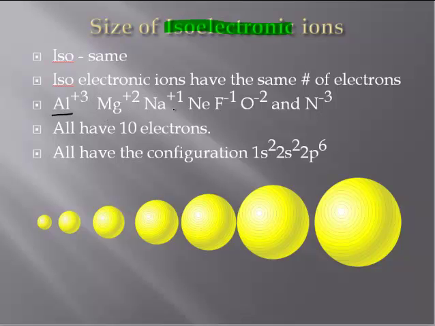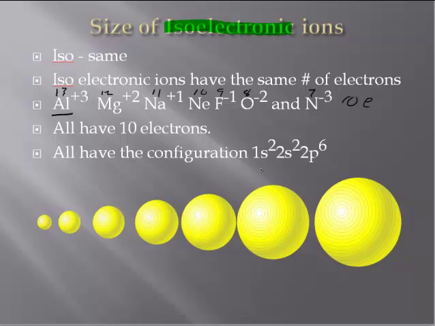It's lost 2, sodium 1, and so on. You can see how this works. So all of these have 10 electrons. All right? However, even though they have 10 electrons, what has happened to the number of protons? I'm just going to write the number of protons here. So aluminum has 13 protons, magnesium has 12, sodium has 11, neon is 10, fluorine 9, oxygen 8, and nitrogen